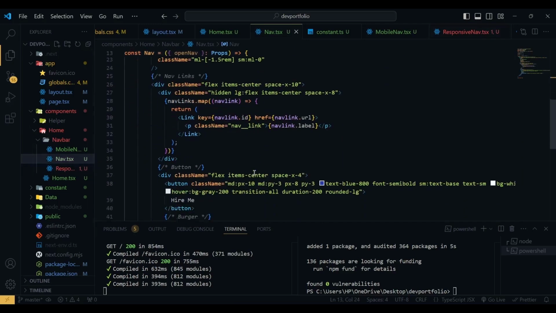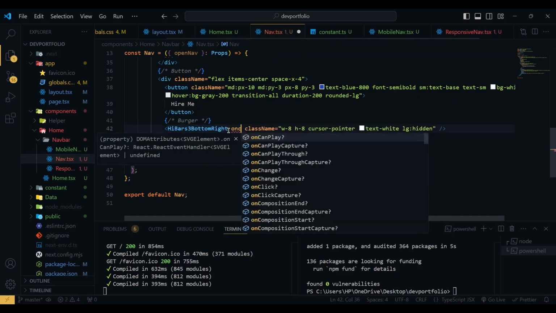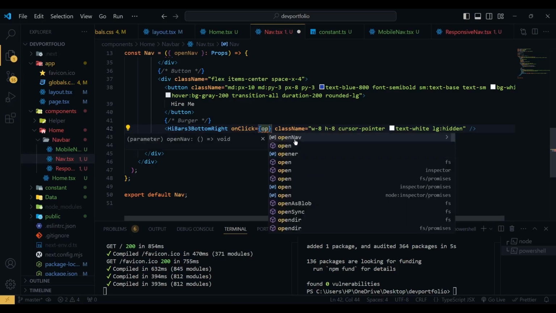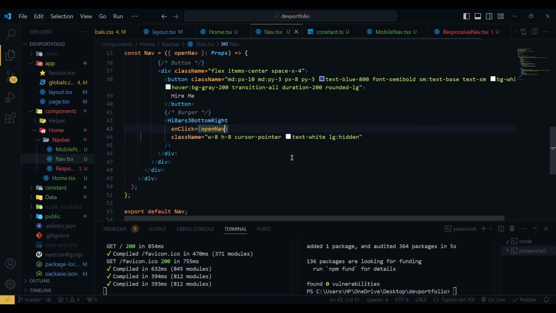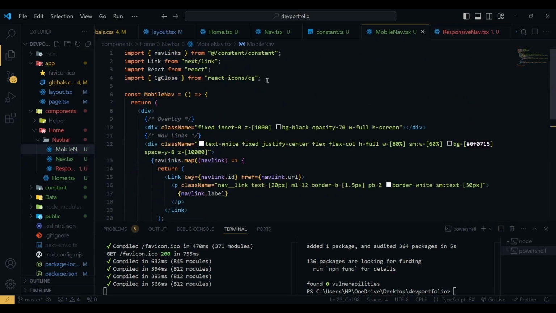Now in nav, when we click on the burger menu, on click we are going to open our nav. So openNav, that's it. And then in our responsive nav, we have to receive the props. So let's go to the mobile nav, and here